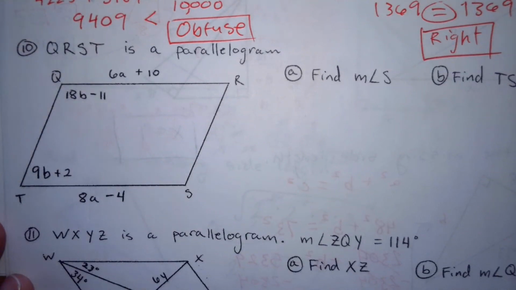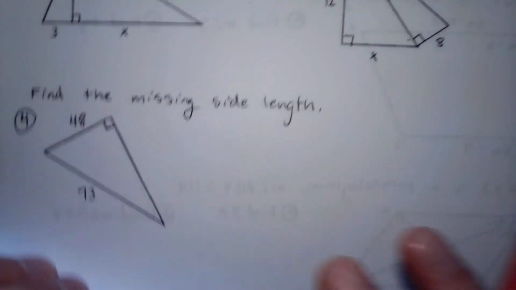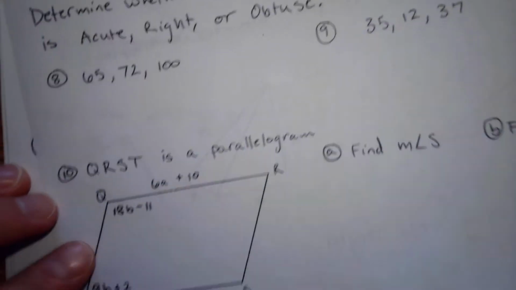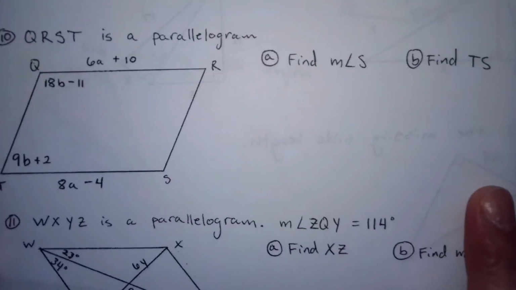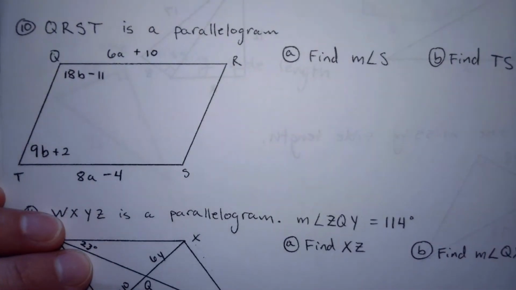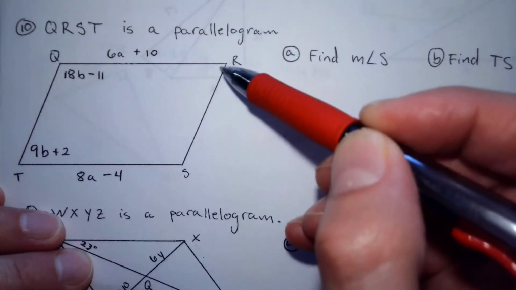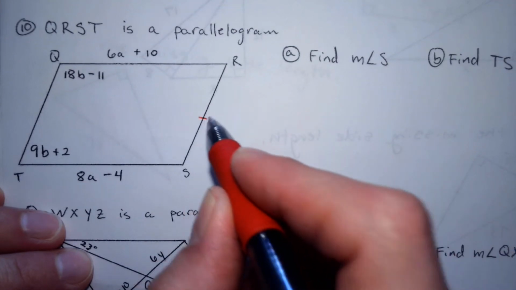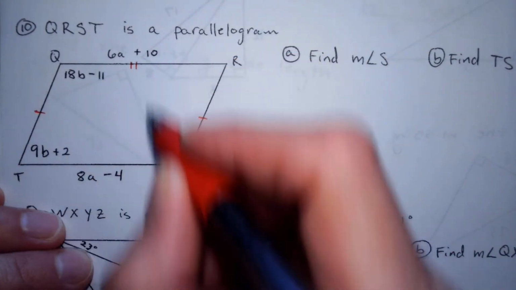We have a parallelogram. I'm going to use a different page. Number 10. Clean page. We have a parallelogram. And for parallelograms, I know that opposite sides are congruent. So those are congruent. These are also congruent